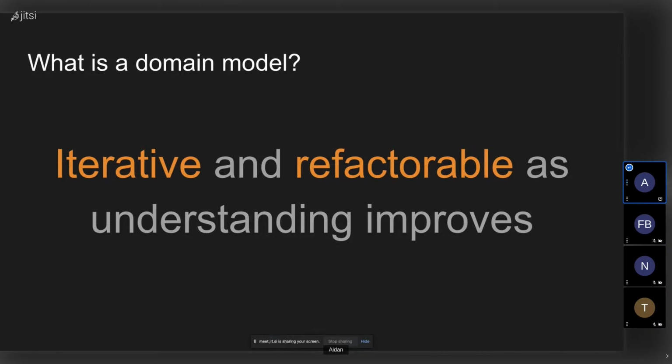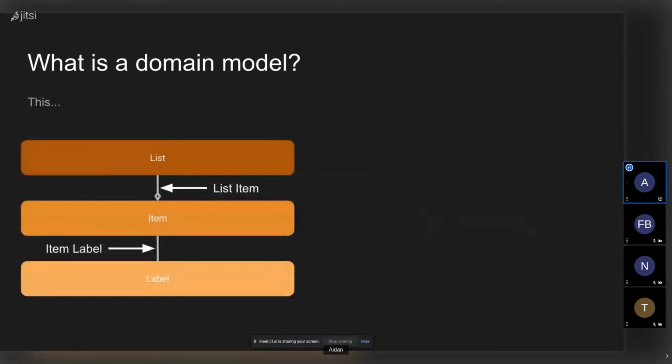So when I'm building a banking platform, I've got transactions maybe, and then at some point I realize that transactions should have categories. So now that new transaction category concept has entered my domain. And as you add features and as you understand your area better, your domain model will change.